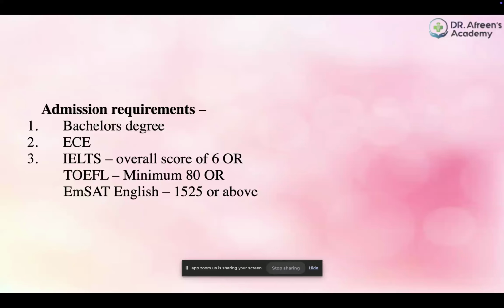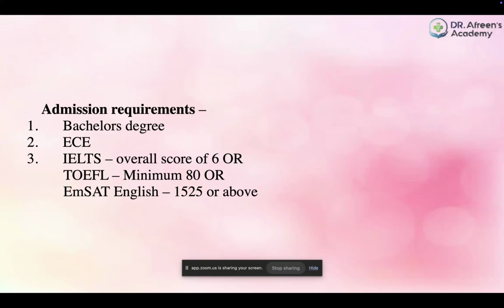I'm not going into detail again. It is your undergraduate degree certificate. If the certificate is not yet issued, you can give a letter of enrollment or a promise letter stating you will finish it before the commencement of the program. So that's the admission requirement. It's pretty simple. The admission requirement is mainly these three, four things.